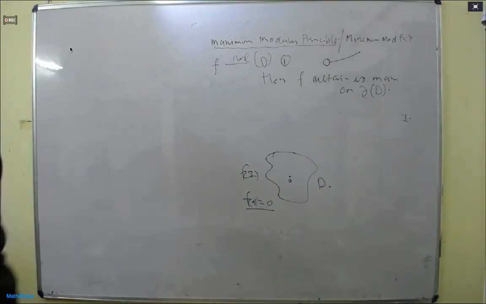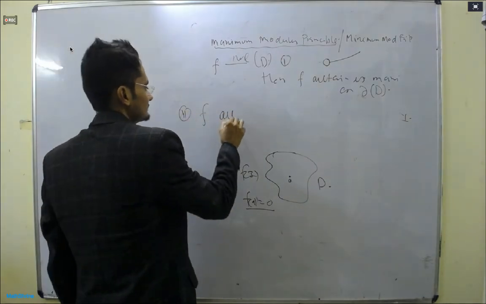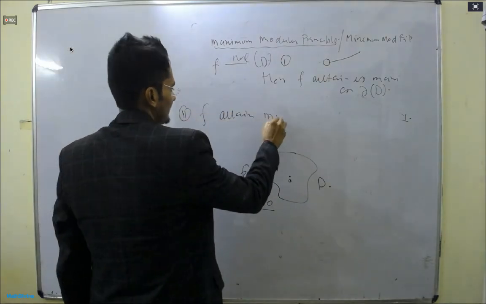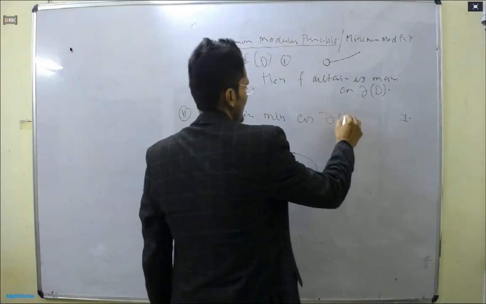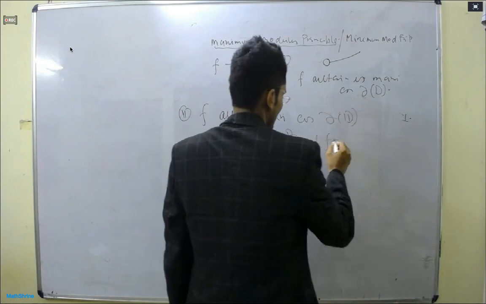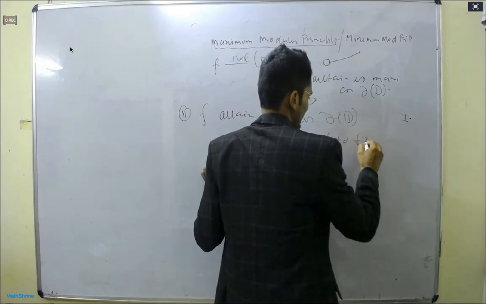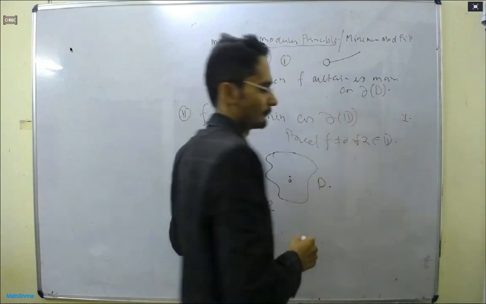If f(z) is 0, if I ask f(z) is equal to z square, tell me the minimum value on a unit disk, you will say it simply f(0) is equal to 0. So the minimum value is 0. That's all your answer. Okay, so anyway, all right.